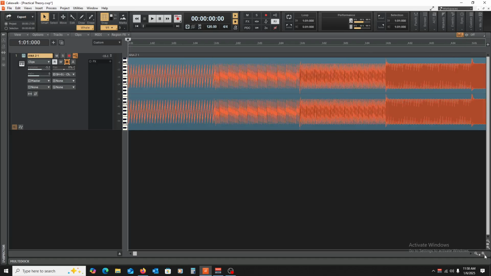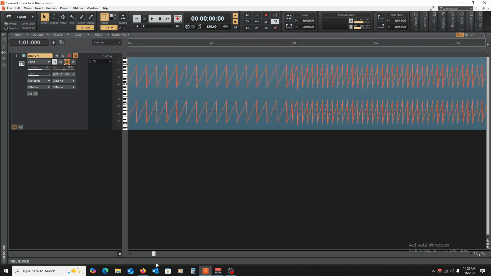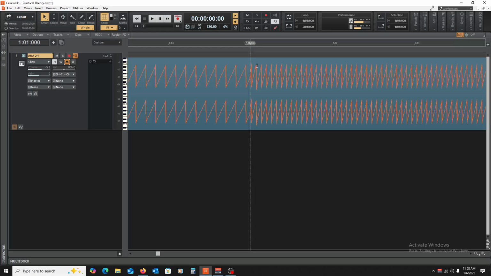And now, when we zoom in, you'll see that for the low note, the low pitch stuff, there's more space between these two peaks here, this peak and this peak. When we get to the next note, you'll notice that there's less space between these two, right? Because this saw is cycling faster through its frequency, so it's creating a higher pitch. And so the time between these two things, that's creating the pitch difference that you're hearing.